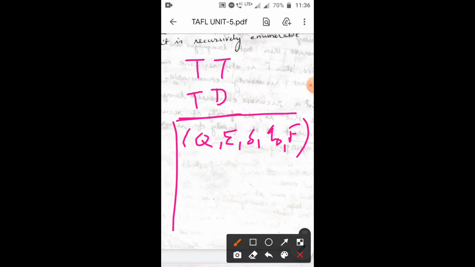In this, the main thing is the transition rule, because in these representations, transition table and transition diagram, we have made entries in the transition table for transition rules, and in the transition diagram we have edges equivalent to transition rules.